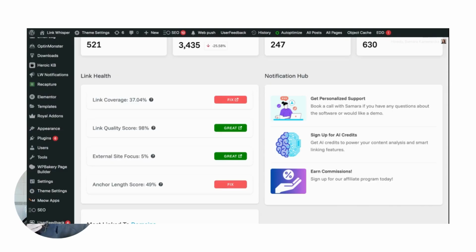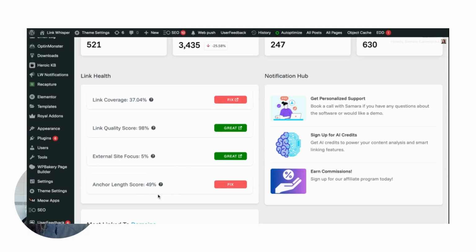So you can see, 47% of my links go to Amazon. Is that too many? Should that be changed? Should that be more diversified? 20% of my links go to Wikipedia. 10% of my links go to such and such a domain. So this helps you keep that in check,